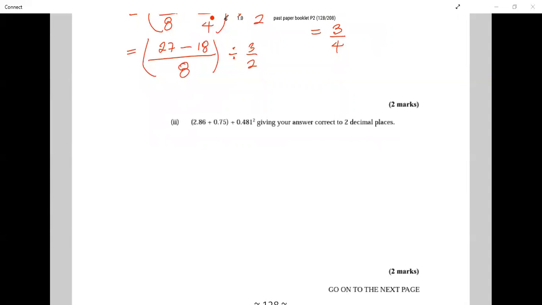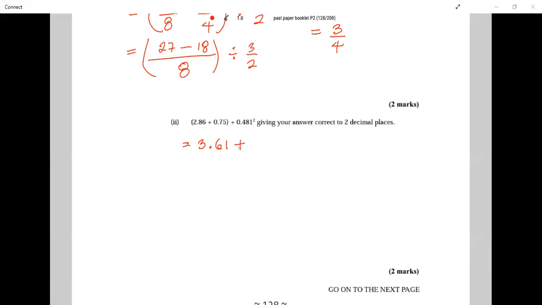So if I'm doing it in pieces, I would work out what is in the bracket first, and I would work out the square. Addition and subtraction are lower level operations. They're always done last, unless they're in a bracket. So let's work out inside the bracket. I have 2.86 plus 0.75. So that is 3.61 plus